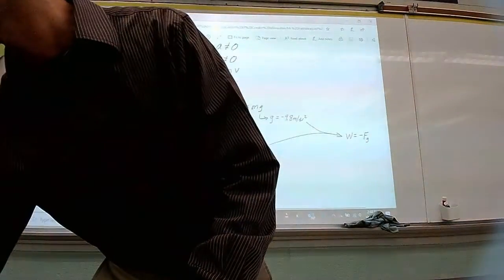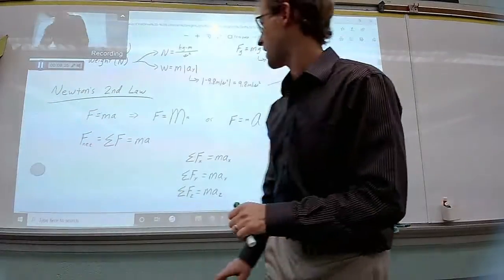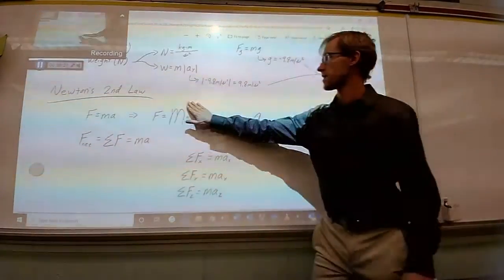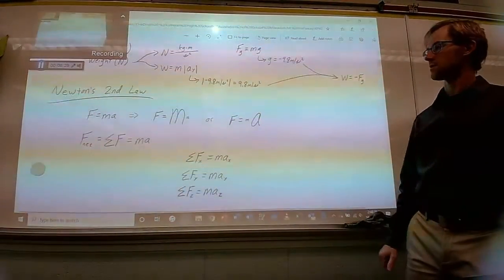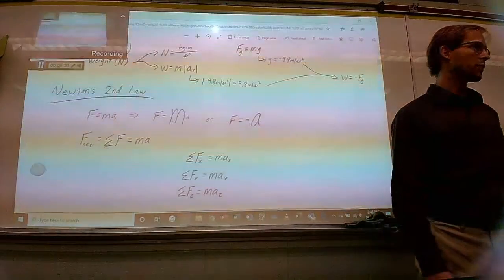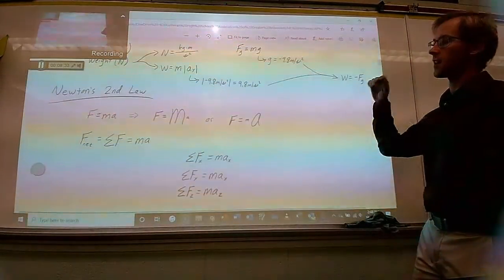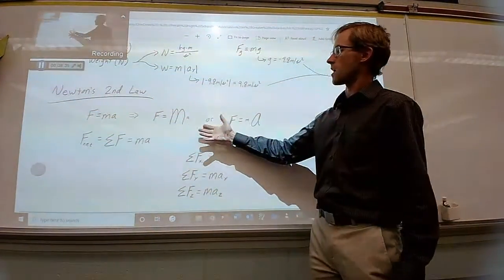Newton's second law of motion, F equals ma. We'll be spending a lot of time on this, and most of the notes for today are going to be on one particular example that we'll get to at the end. But F equals ma, and